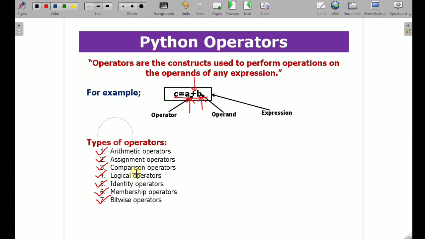I am going to discuss each and every operator. First I will explain the theoretical aspects behind each operator, and then I will implement all these operators in the Anaconda platform on the Jupyter notebook by implementing very simple programs to understand how the Python operators can be used in programming.